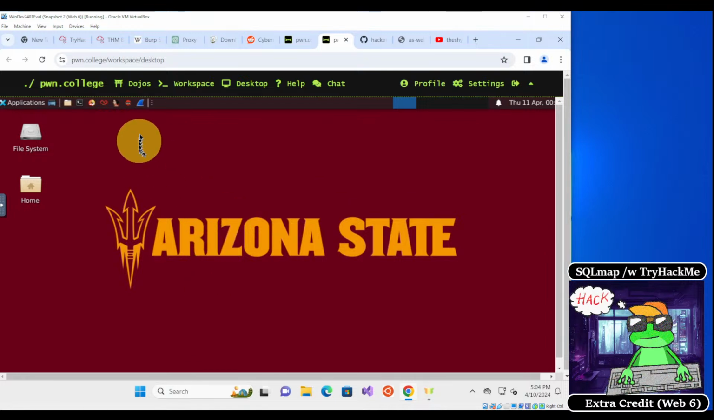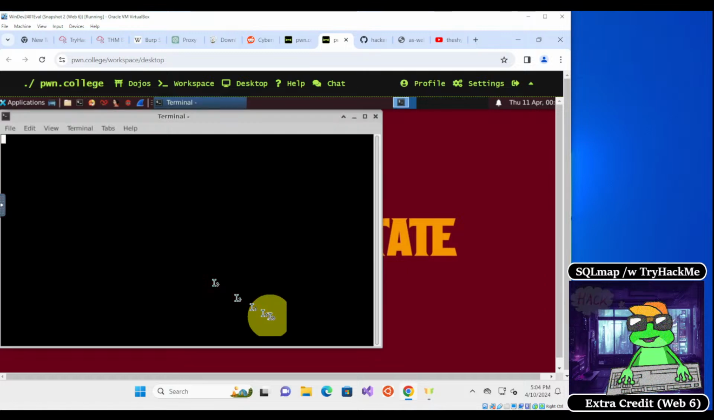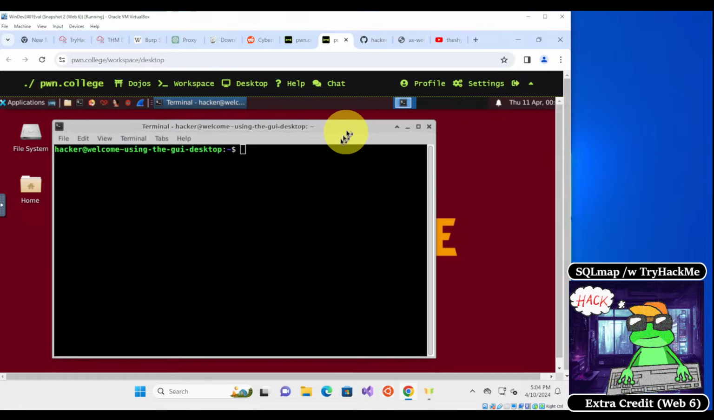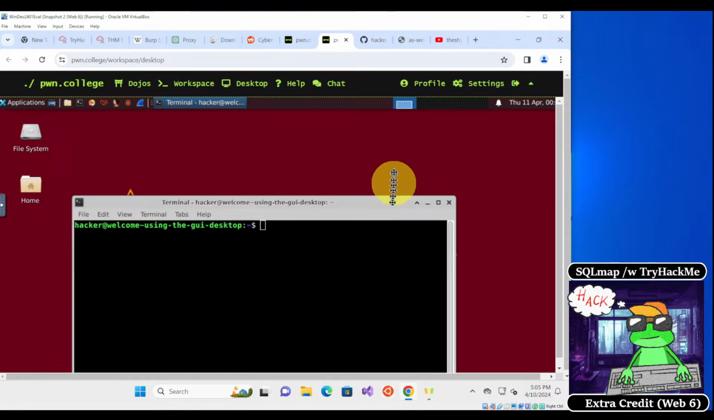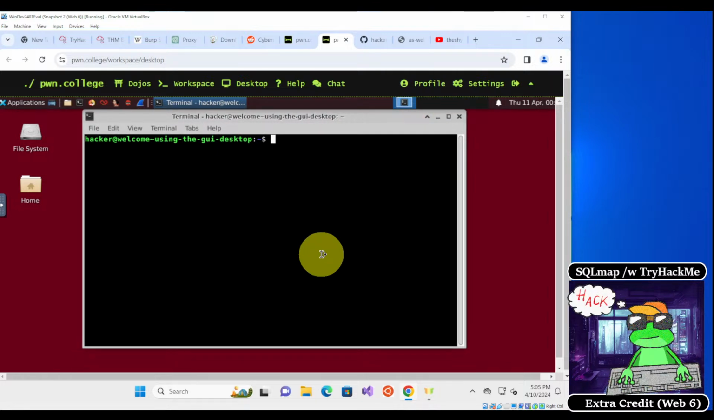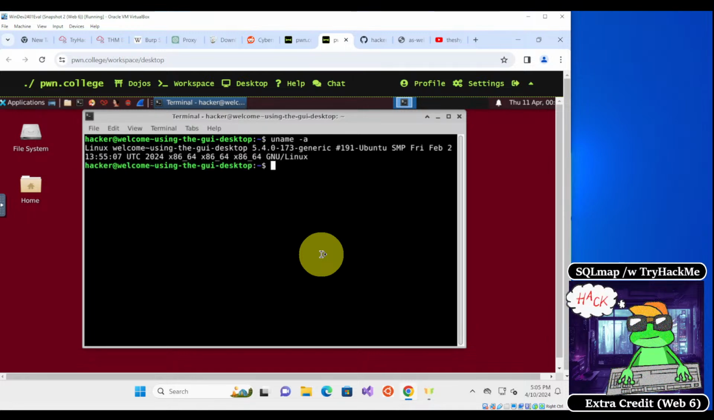So in this case, it's a fully working VM desktop, which is probably running some sort of modified version of Ubuntu. But it says here Arizona State. Okay, so I think the university's name is Arizona State University. So this says Ubuntu. Okay, so this is a version of Ubuntu right here. But yeah, pwn.college is an excellent resource for learning specifically about